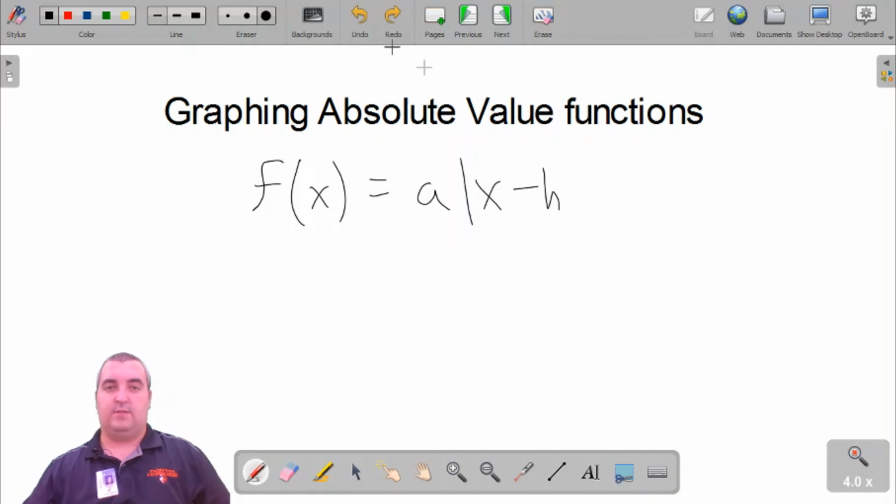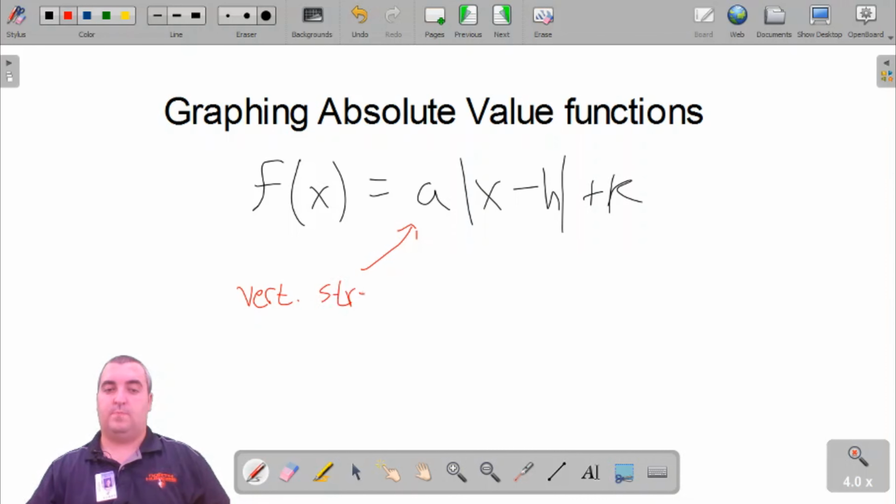Oops. I do that all the time with the second one for some reason. It's going to be in the form f of x equals a times the absolute value of x minus h, and then plus k outside of the absolute value. So what does each of these things do to our parent function? For a, this is going to be the vertical